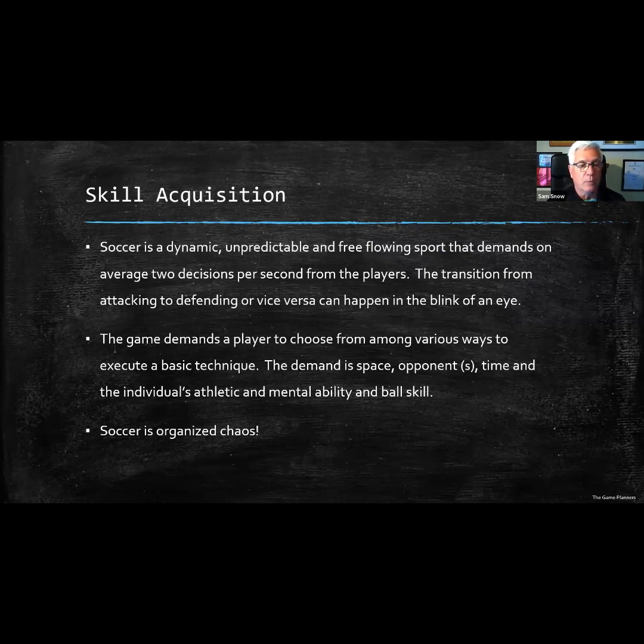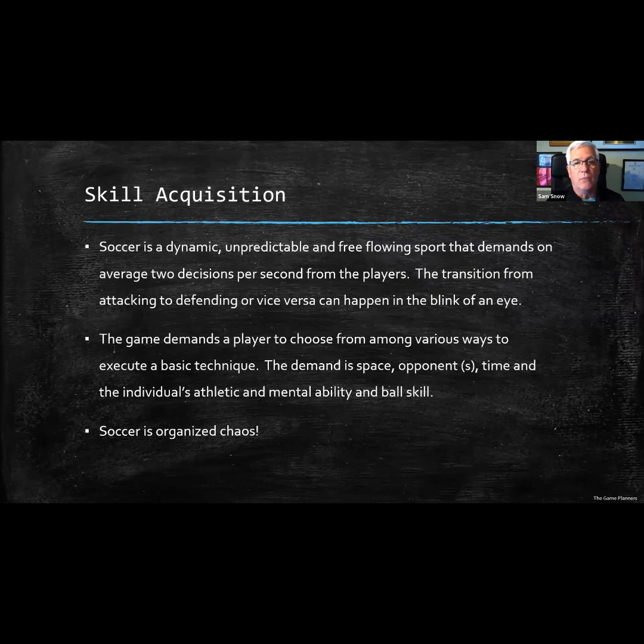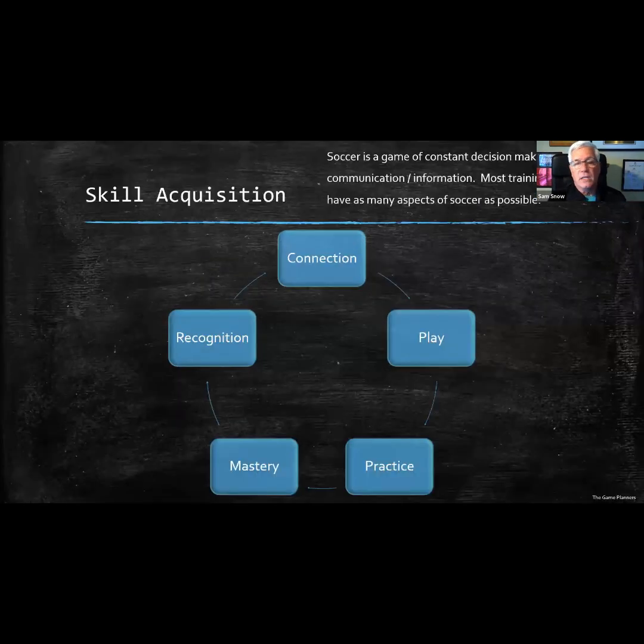And I've always been a proponent of thinking as a coach that soccer is organized chaos, and that within that constantly changing environment, with very quickly changing situations that players are under, having the skills to be able to deal with that is part of what I'm trying to achieve in my development of the players. And then it's thinking about this in a broad sense,